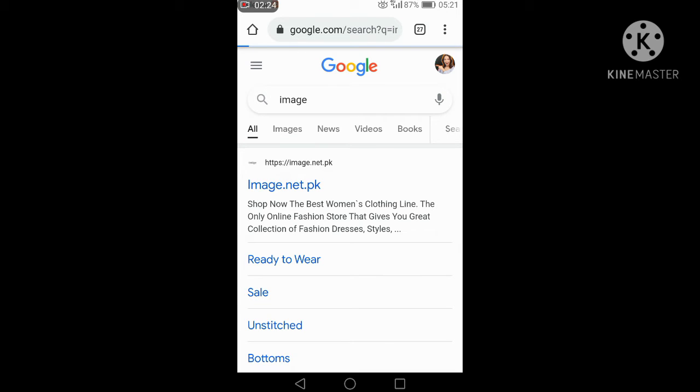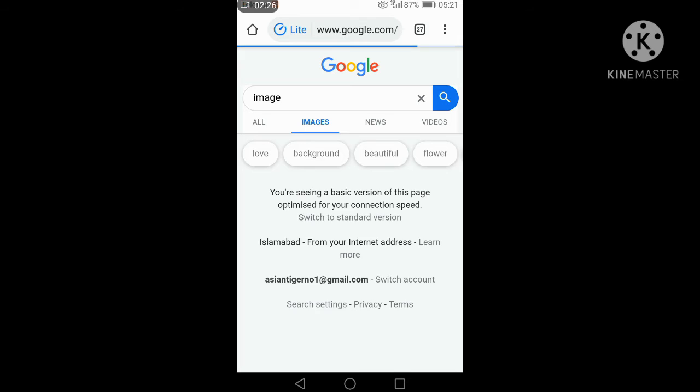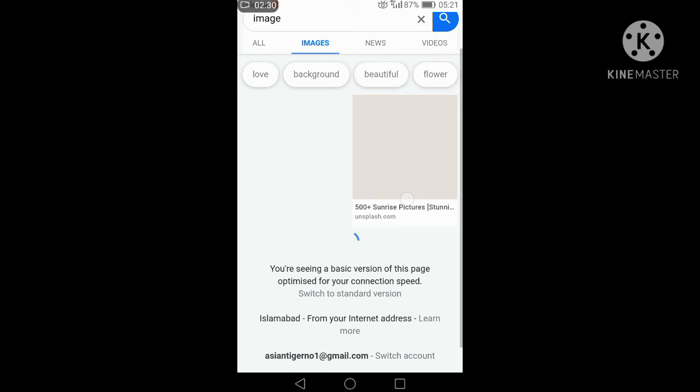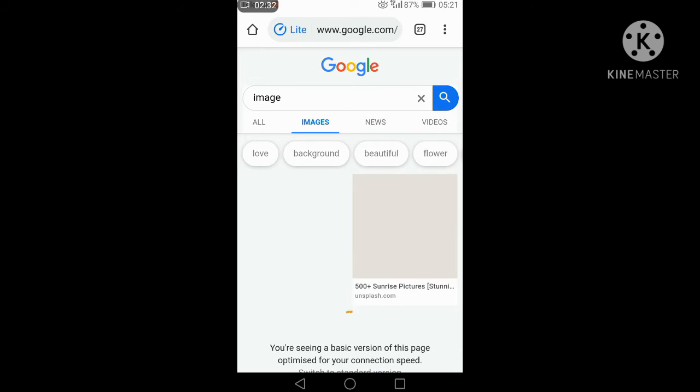When I open the image tab, images come up, and I will click on the first image. Sorry, our internet speed is slow, but I want to show all of you how to find the exact location.